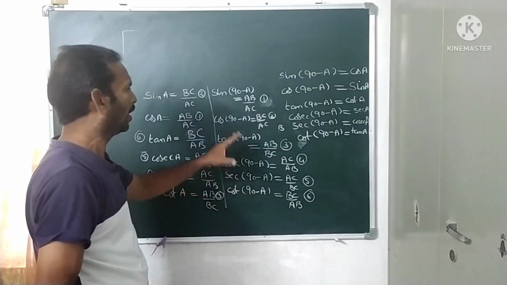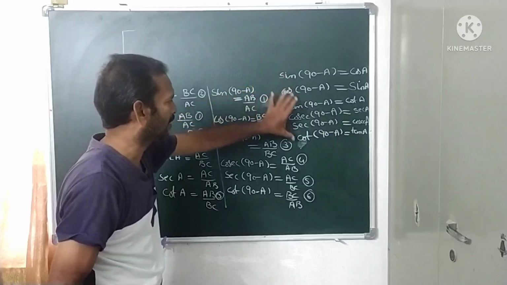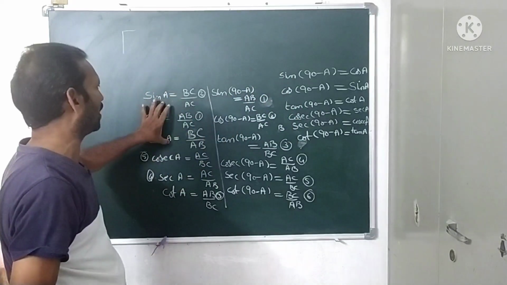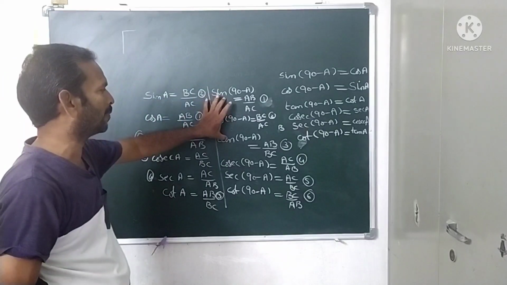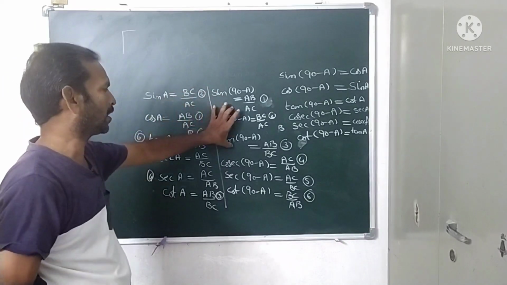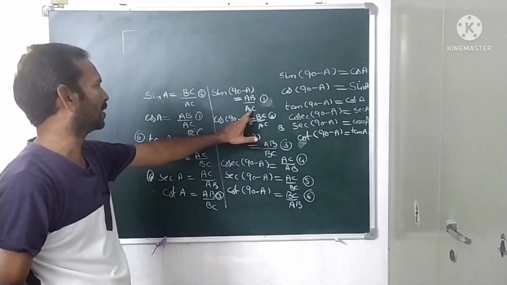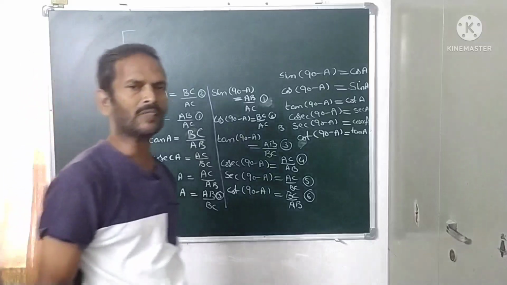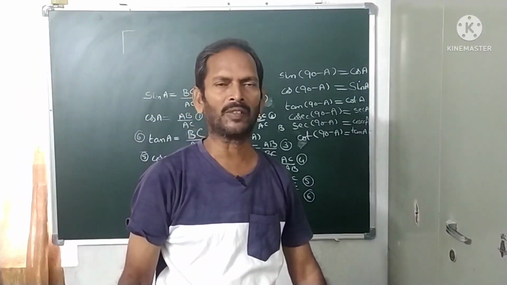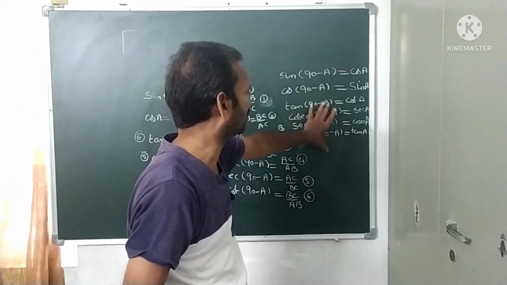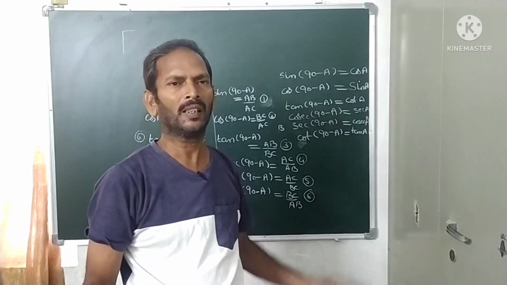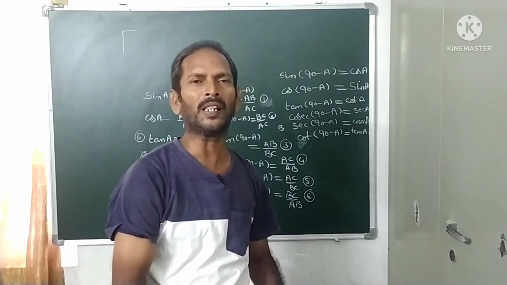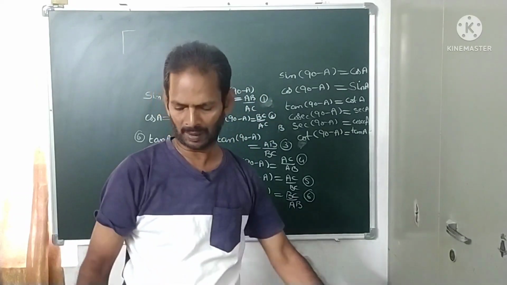Okay, so the next exercise depends completely on these 6 formulas only. So how did we get these? This one from A observe, this one from 90 minus A observe, so a list of ratios we got. Observe means RHS of 1 and RHS of 1 equal, 2 and 2, like that RHS are equal we got, that's why LHS equal. From that only we got these 6 formulas. Okay, have a look at this one. 6 ratios dependent problems we'll discuss now only. Observe.